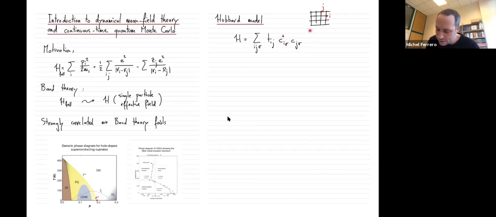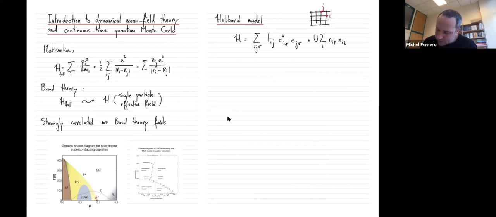So that's defining a process where an electron hops from site J and jumps on site I with a hopping amplitude, which would be the modulus of that prefactor here. So that's the kinetic term of the Hamiltonian. But that, of course, per se is something that is easy to solve. So it becomes more interesting when we have an explicit interaction term. And the simplest one we could think of is a term